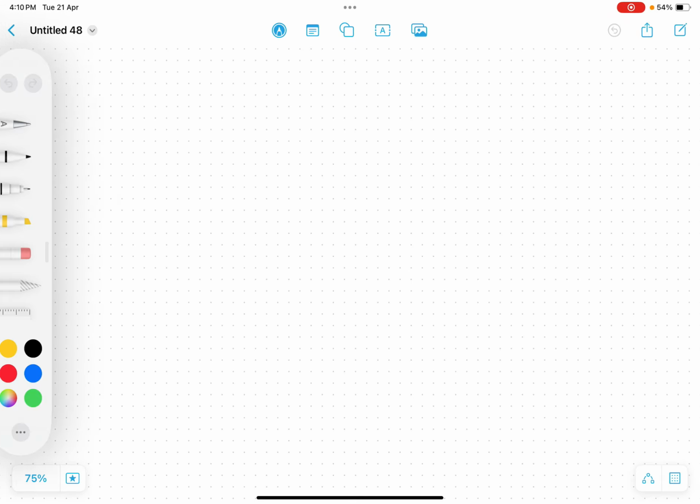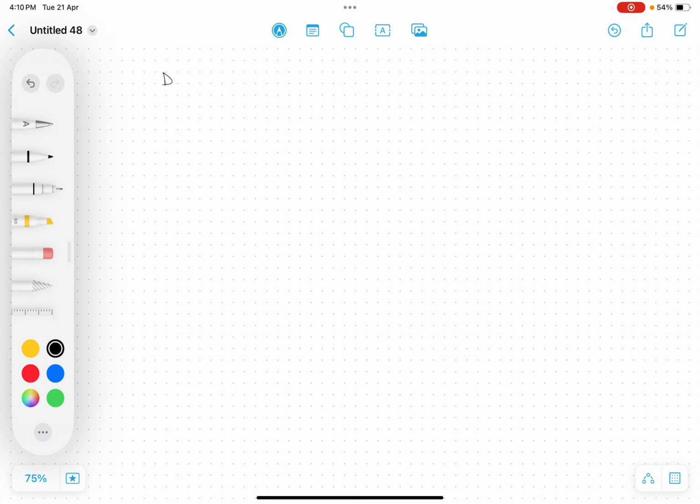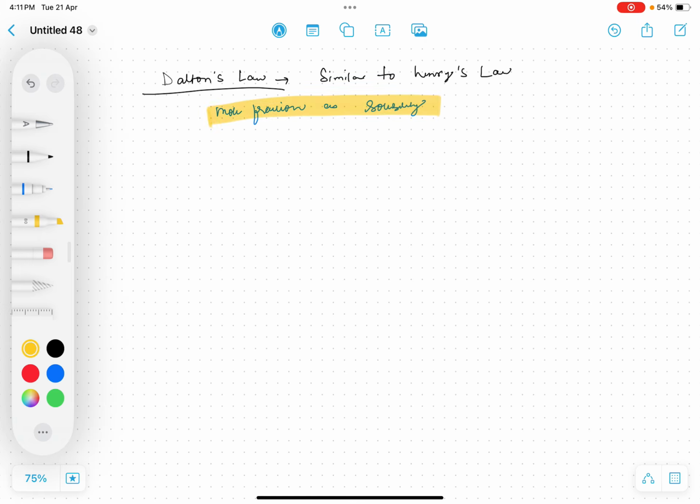So today's topic is Dalton's law. It is similar to Henry's law, and it is defined as the mole fraction as solubility. Here we take mole fraction as its solubility,